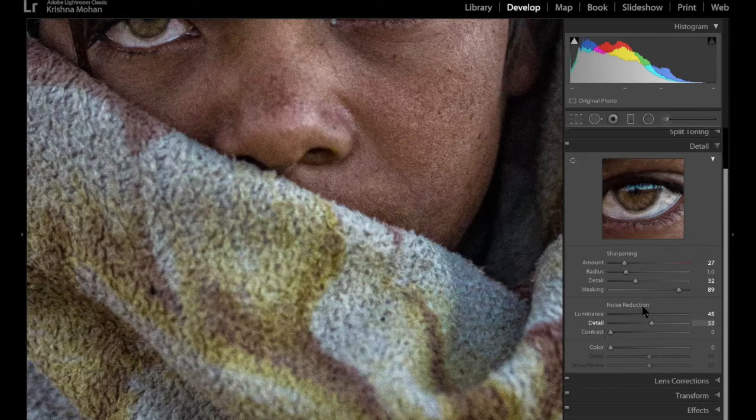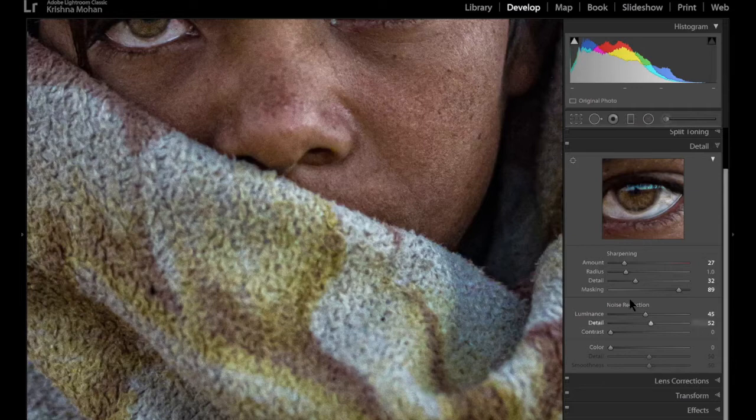If my noise reduction has destroyed details, only then will I go for the detail or the contrast. So again, play around with these two sliders. They are not as important as the radius, detail and masking sliders, but play around with those two basically to get the details back. So that's the whole idea of using the sharpening and noise reduction sliders.